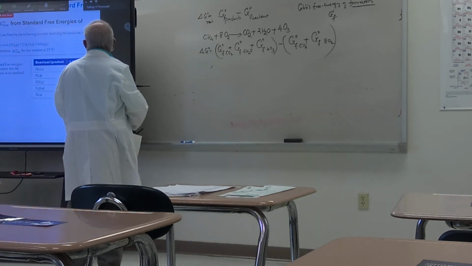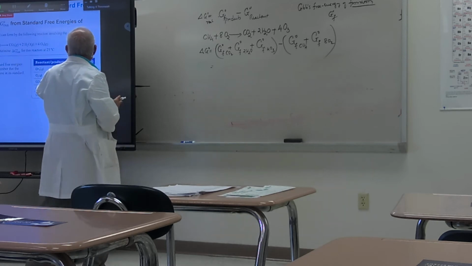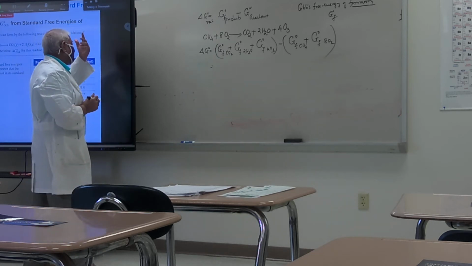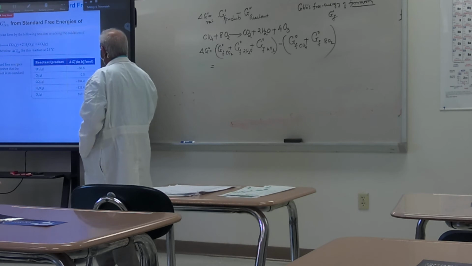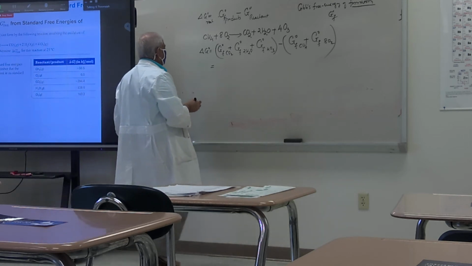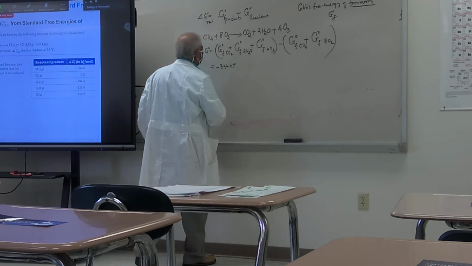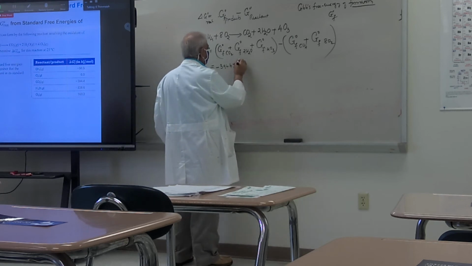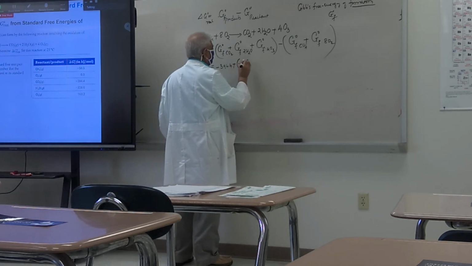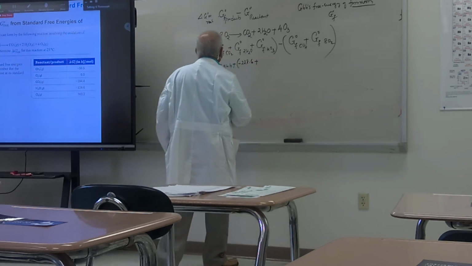So the G0 is again wrong. They have put this delta G, there is only G0. You put G0. That is equal to G0 of CO2, how much? Negative 394.4, right? I am not writing the units. And what is G0 of water? Negative 228.6. Plus what is the G0 of O3?